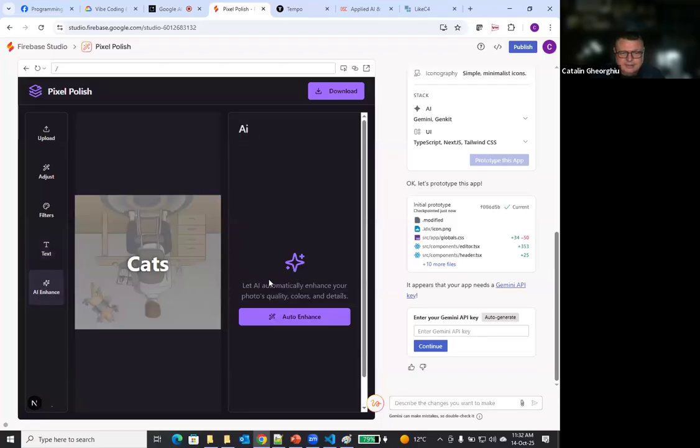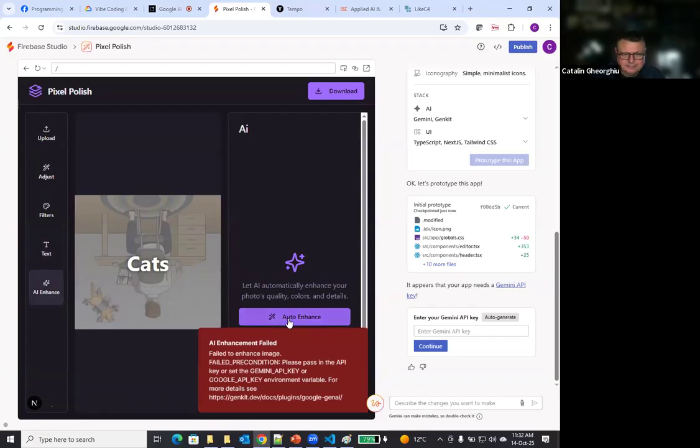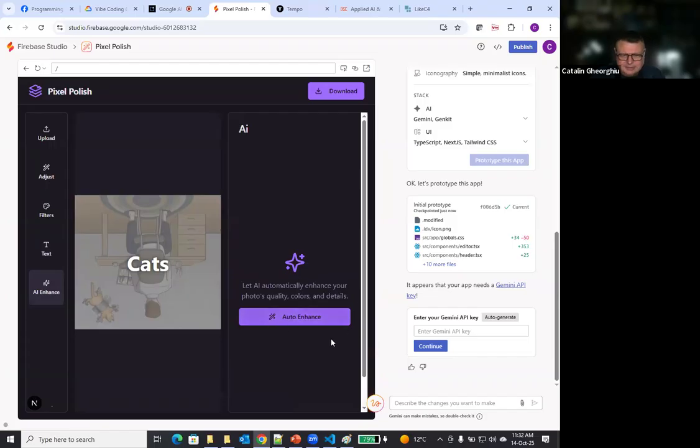And here also we have how to enhance. Because we do not have a Gemini, but still. Here I should have added my Gemini key for it.